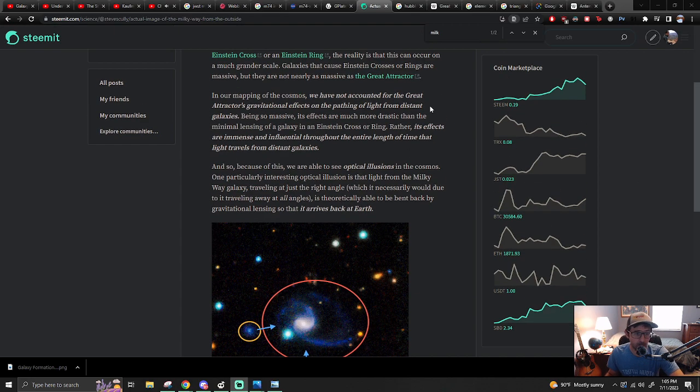And so in those instances, my point is, well, it's because they're optical illusions. It's not actually a galaxy. When we map the universe, we look in a direction in space. We say there's a galaxy. It is measured to be this far away, and then we map it by putting a dot there and saying galaxy NGC blah blah blah, and